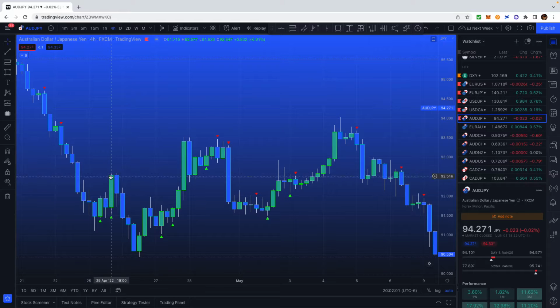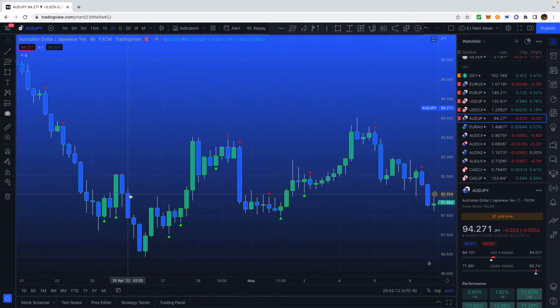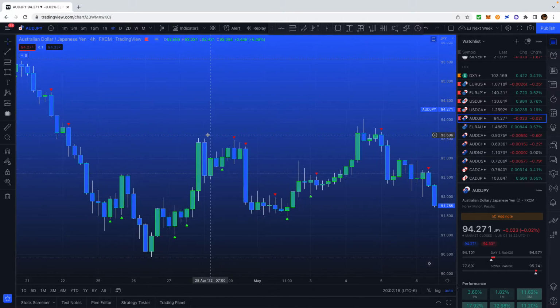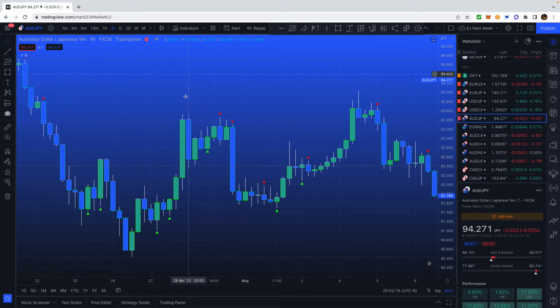So it doesn't always mean it's going to go up right away. It doesn't always mean it's going to go up, period. But it's a good indicator of what the market may want to do. So you want to get used to identifying those. Again, you can go to that indicator and just type in engulfing candle indicator, and it'll give you every single one